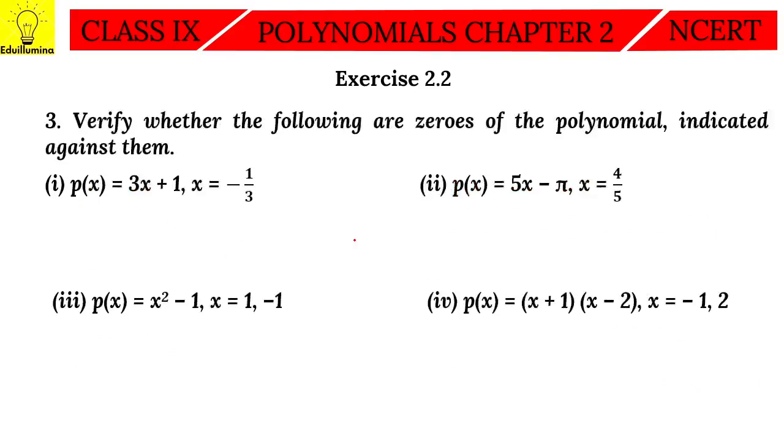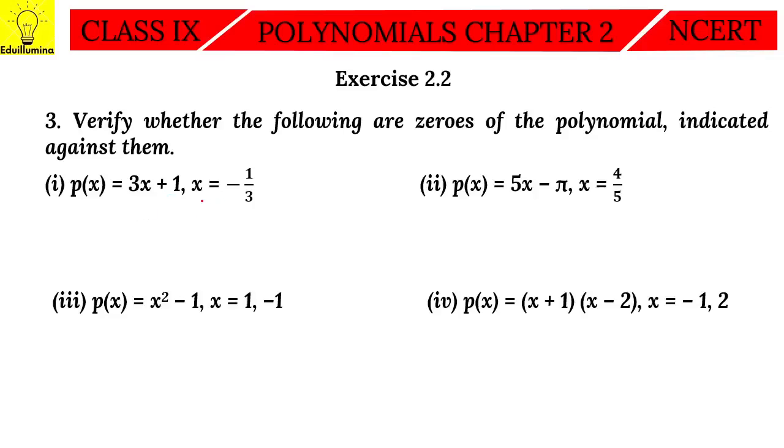So the next question is: verify whether the following are zeros of the polynomial indicated against them. तो यहाँ पे हम कैसे वेरीफाई करेंगे कि कोई नंबर किसी पॉलिनोमियल का जीरो है कि नहीं. हम क्या करेंगे, जो भी हमें x की वैल्यू गिवन होगी वो पॉलिनोमियल में पुट करेंगे. अगर तो पॉलिनोमियल की वैल्यू जीरो आ गई, then we can say that number will be the zero of the polynomial. In the first part, p of x is equal to 3x plus 1 and x equal to minus 1